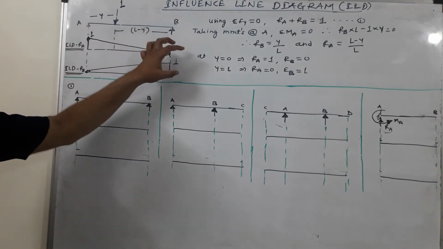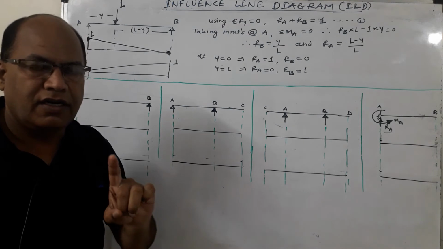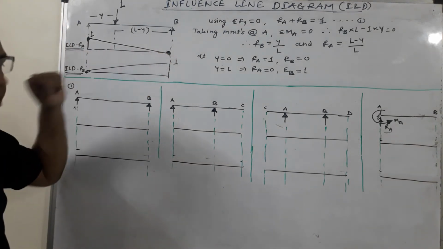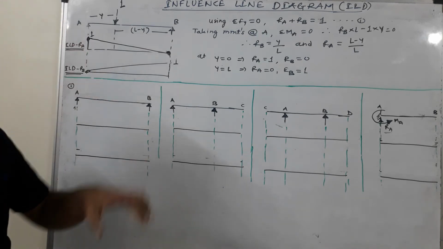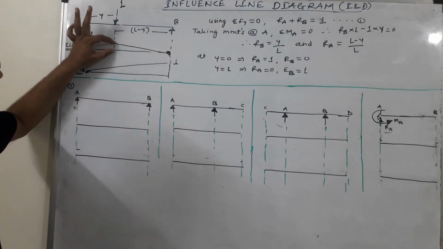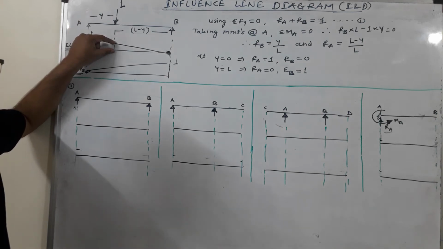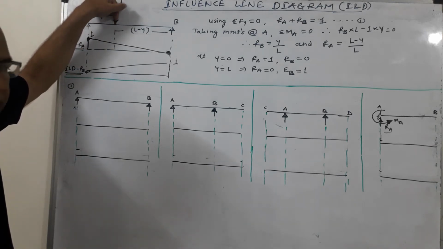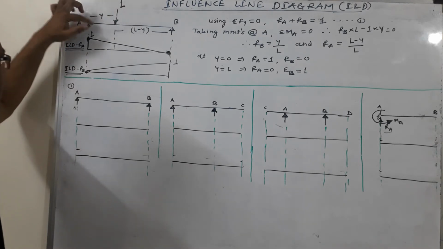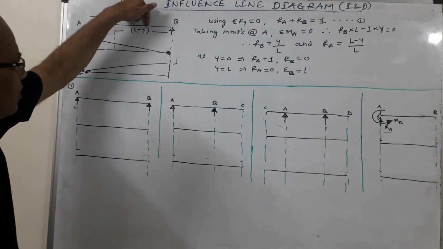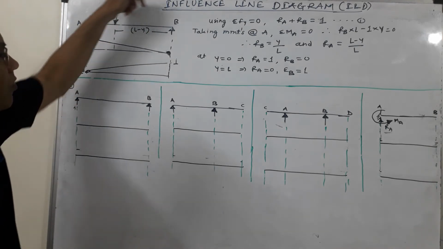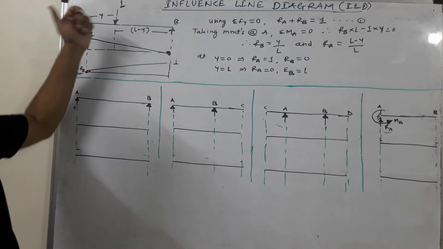So in this diagram, as I have defined the ILD, now ILD is drawn for the span. Now this base is equal to span and every ordinate is the variable function. So if I consider this ordinate, it is the value of Ra. It is the value of Ra means it is the reaction at A when the load is at the corresponding position on the top of the ordinate. So when the load is over here, Ra is equal to this ordinate. When the load is at B, the ordinate is 0, and that is why Ra is 0.